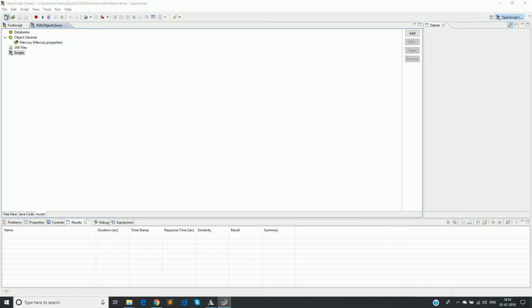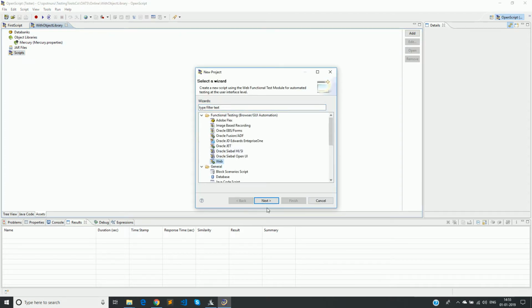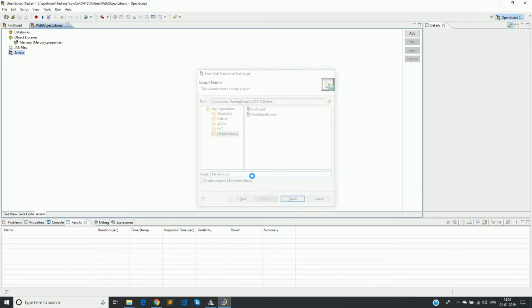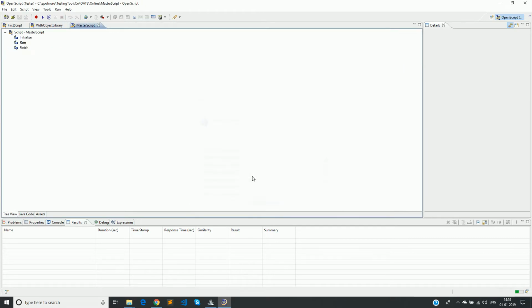We'll first create something called master script. To this master script, I'll add three child scripts. So before adding those three child scripts as assets, we have to first create those. I'm just creating them.